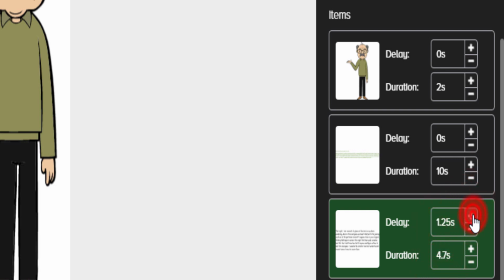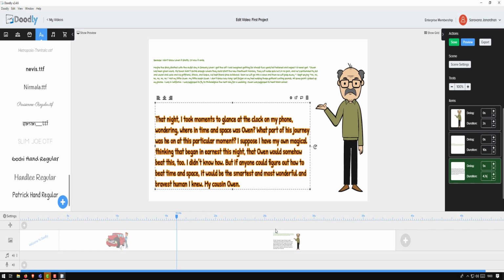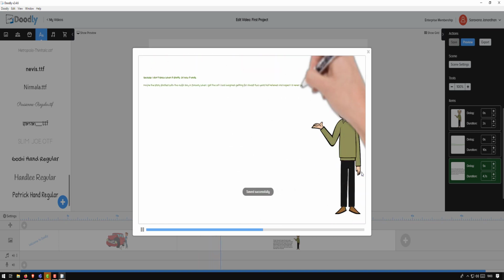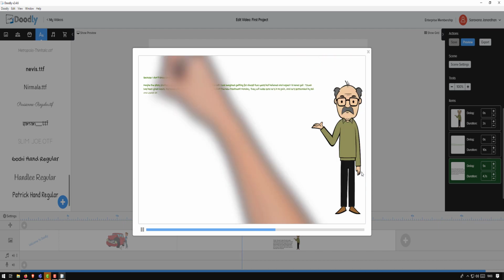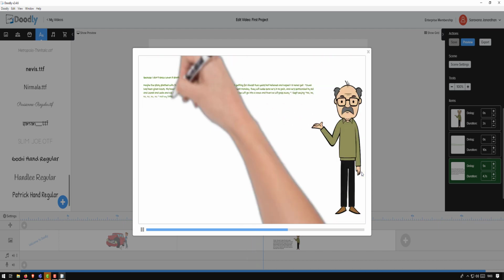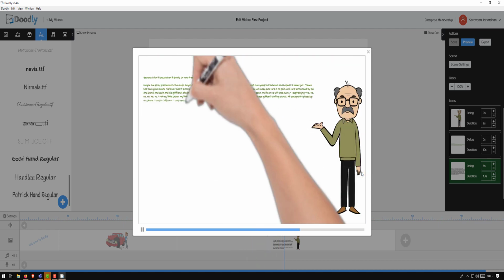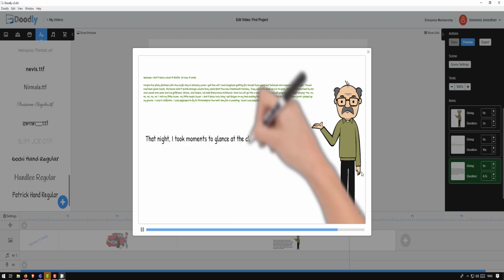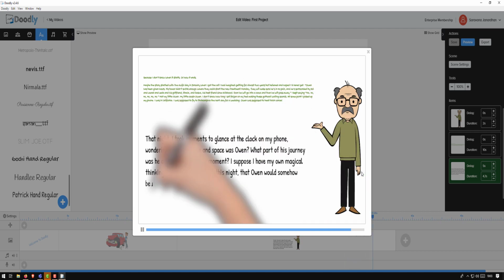So let me add 5 seconds here, or 3 seconds, or whatever you think is enough duration for them to complete their reading. So now when I preview this, the image is drawn, the text is written. As it's writing, as a user, I may be reading the message that's being written on the screen. Once that's done, now there's no distraction. I have a solid 5 seconds to finish what I'm reading, and then the next piece starts.